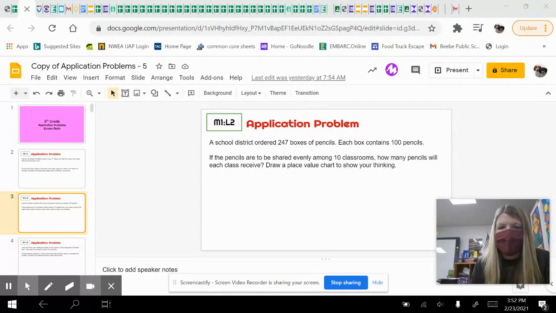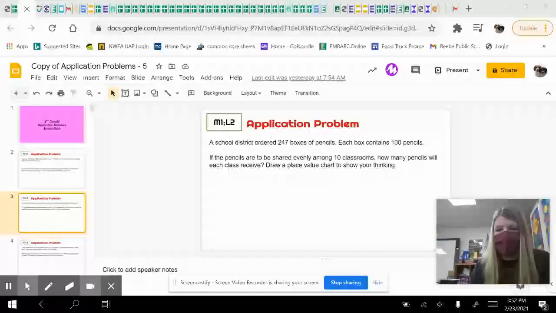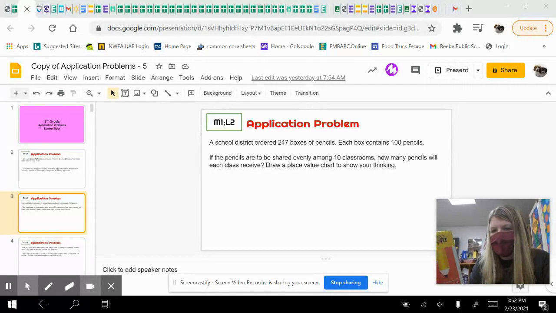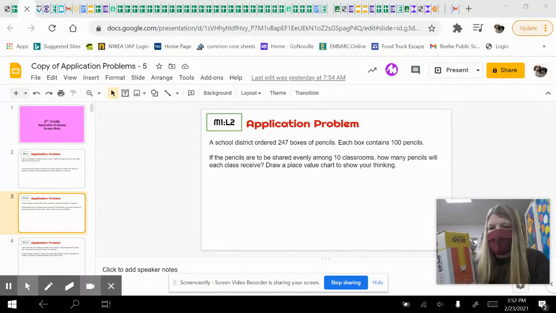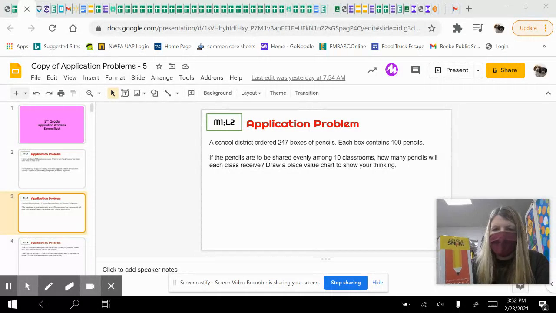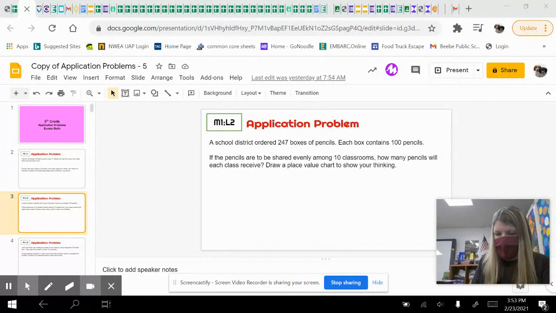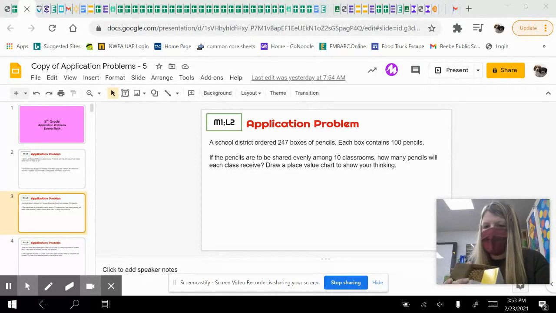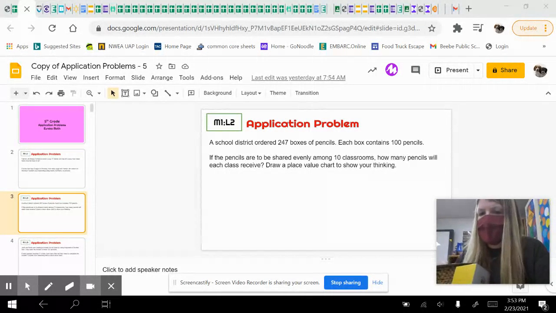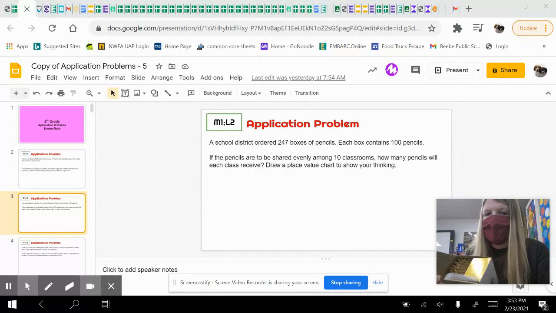So for this one, a school district ordered 247 boxes of pencils. So I've got a box of pencils here to kind of show you what that would look like. So if the school ordered 247 boxes like this, and each box contains 100 pencils, so that's the first part. I've got 247 boxes with 100 pencils in there. So just to show you, this is actually my favorite kind because this box comes with, I don't know if you can see it very well, but they are all sharpened. So I've got 100 sharpened pencils in this box. And if the school ordered 247 of these,